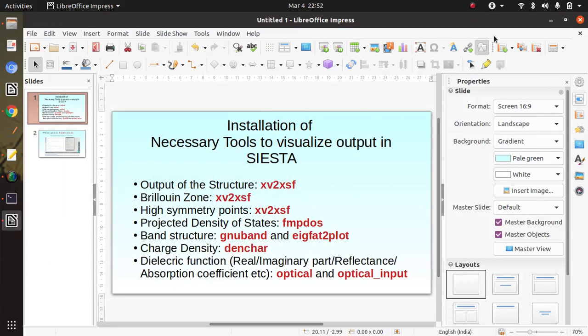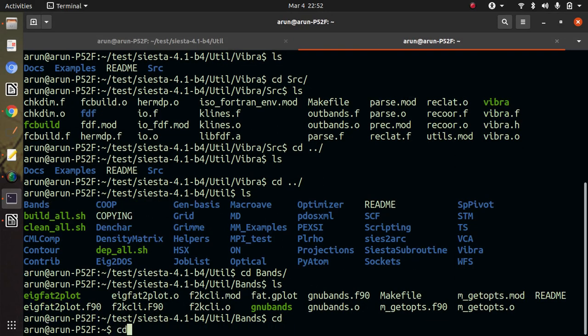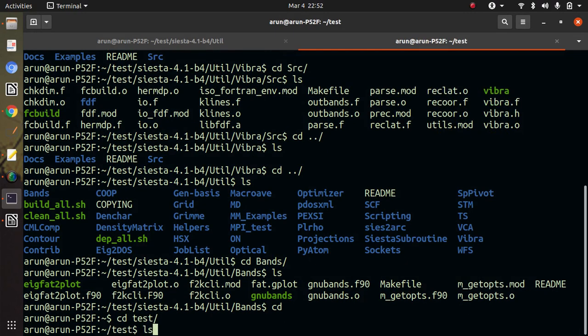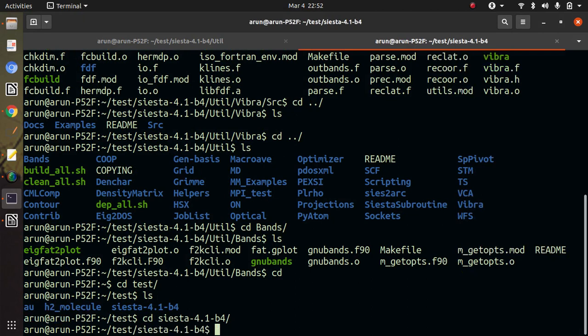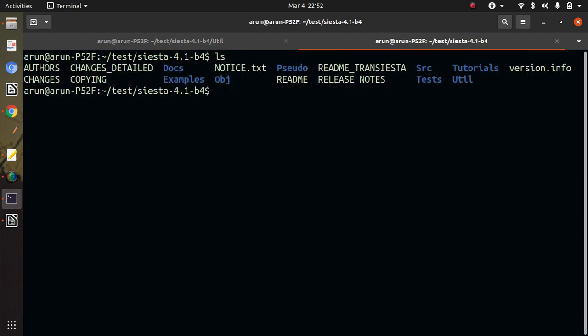So let us start. Go to the CS star directory where we have already installed it. Here there is a directory named util.